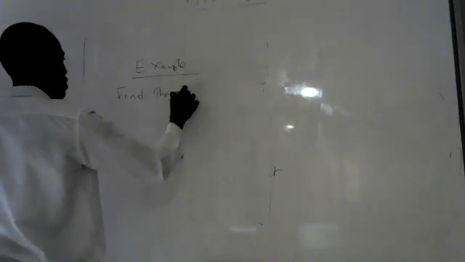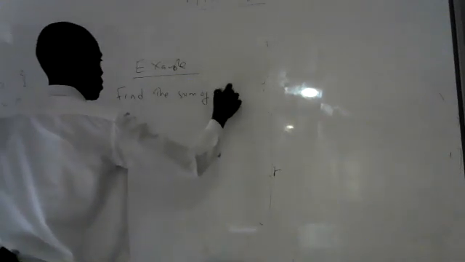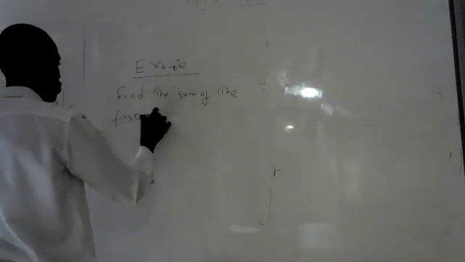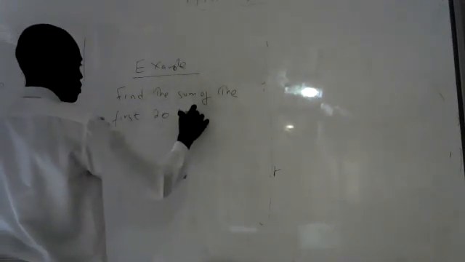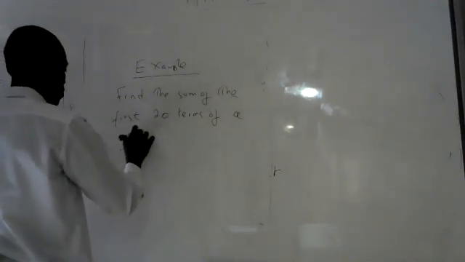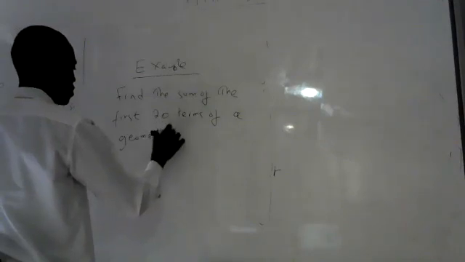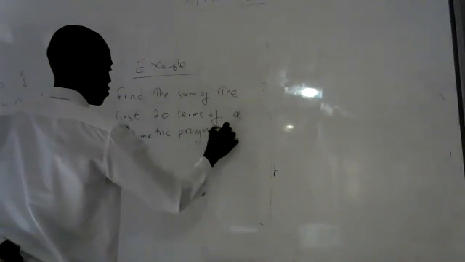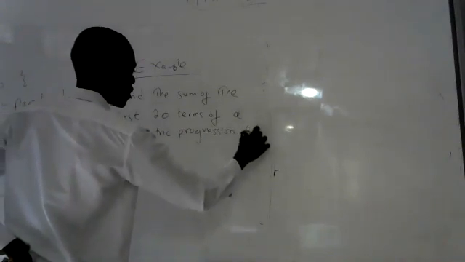For example, find the sum of the first 20 terms of a geometric progression whose first term, no, let me make the problem a bit more complex, whose